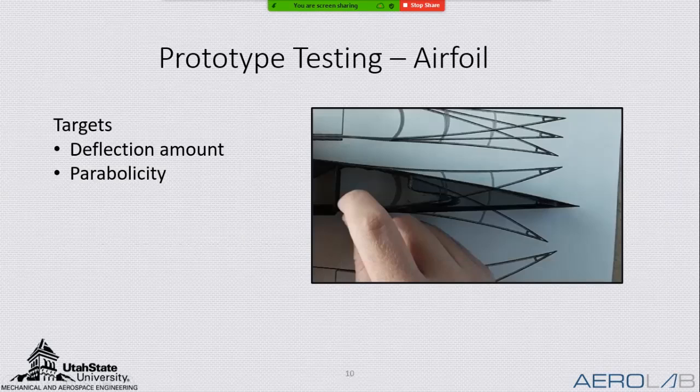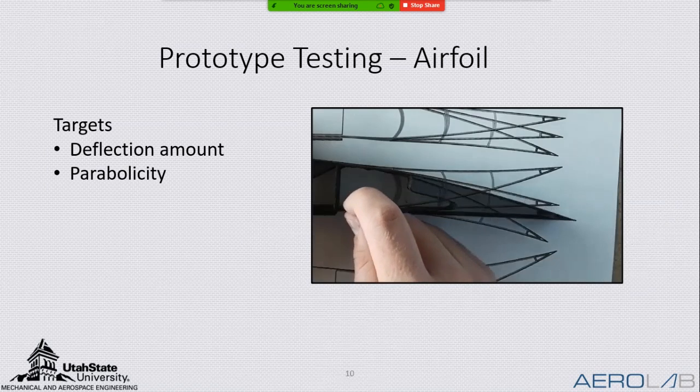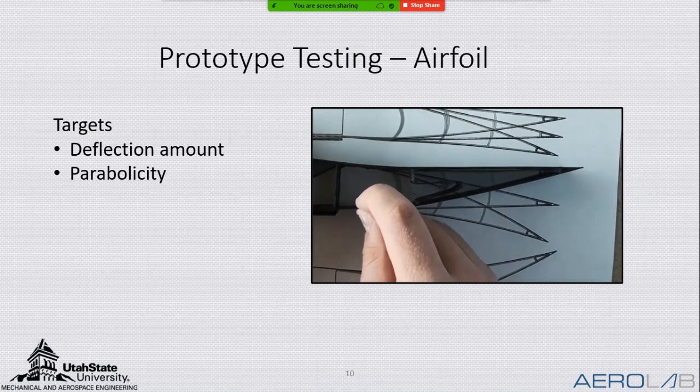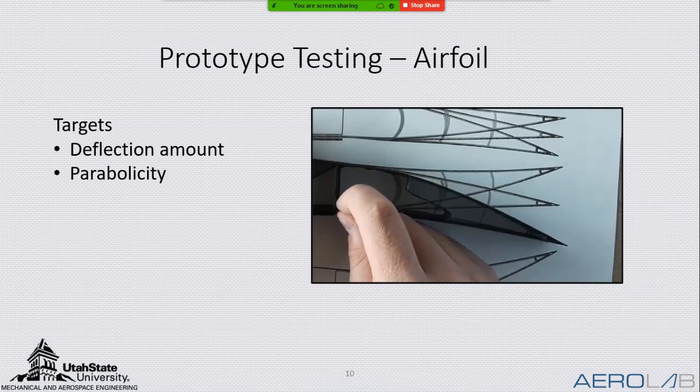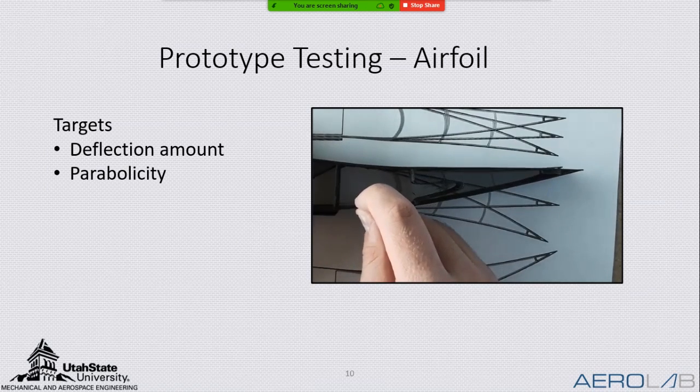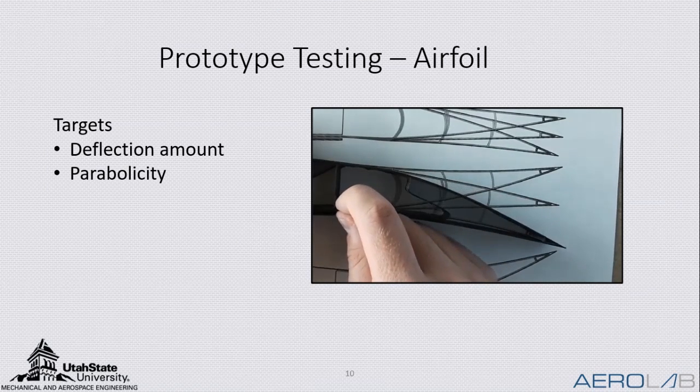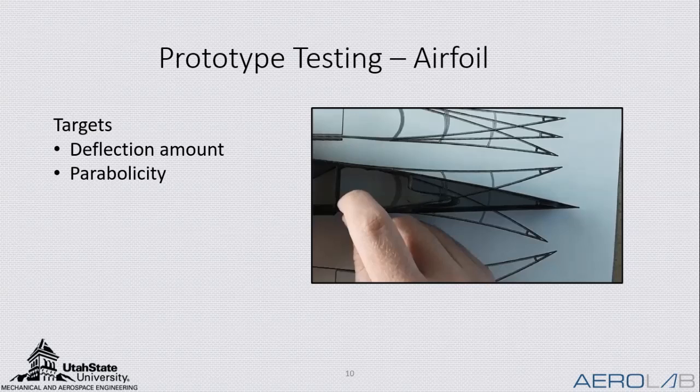So through this process, we put these designs through 4 different tests. And these tests were to make sure that we would be able to meet the criteria that I mentioned earlier. And so, for example, right here, this is an airfoil test. First, I would create this model, and then I would deflect it to make sure we were able to provide the deflection required for the yaw control. And then I would print out a